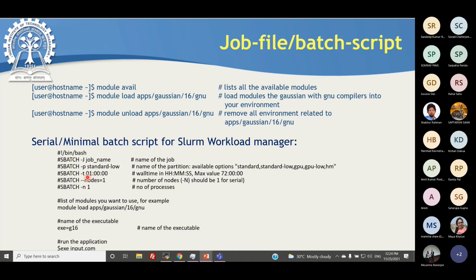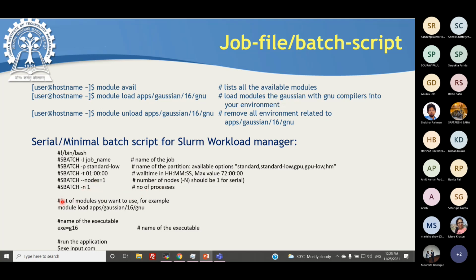In the next line about the nodes, you can write capital N here. So for Gaussian, since it is a minimal script, we write one. For a serial job, we need one processor in a particular node. So that is one. And #SBATCH -n, that is the number of processors, that is also one.